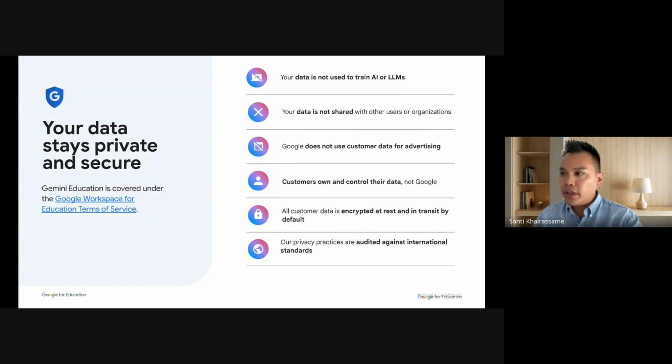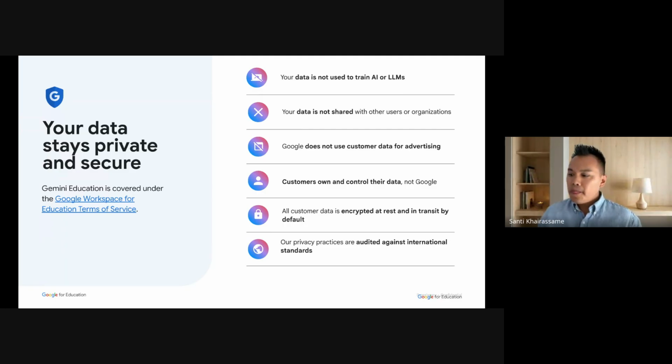All right, that being said, there's a lot of AI tools out there. I'm sure many people here are using things like ChatGPT. Maybe you've used DeepSeek, Grok, what have you. The thing about those tools is that the way that their AI models get trained, meaning how they get better, is that they're trained on the information that you put in there. All right, so let's keep that in mind.